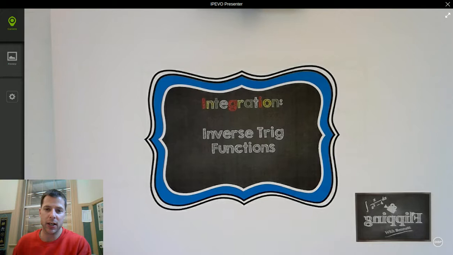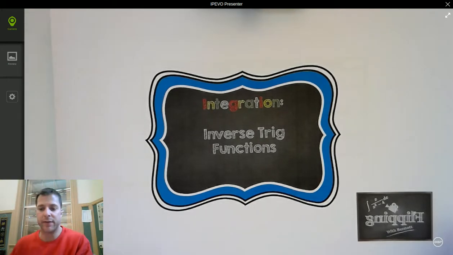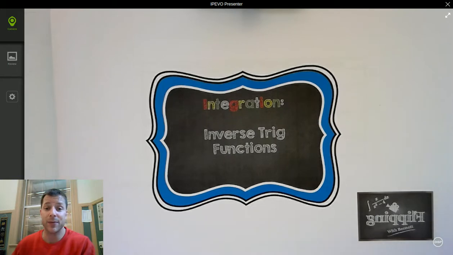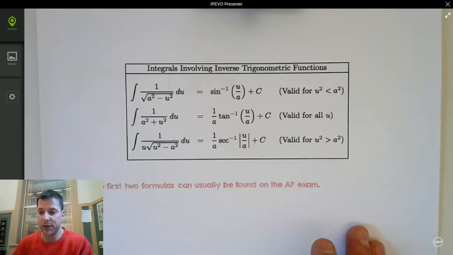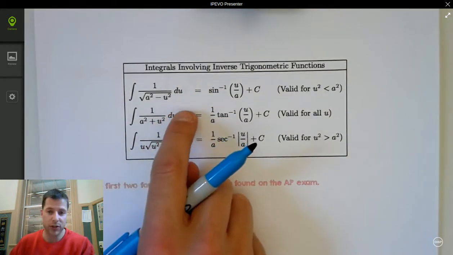Welcome to integration on inverse trig functions. So we've got a few examples we're going to do. We've got 4. We're probably going to break this up into a couple of videos. So right off the bat, let's look at the 3 most common integrals that you're going to see on the